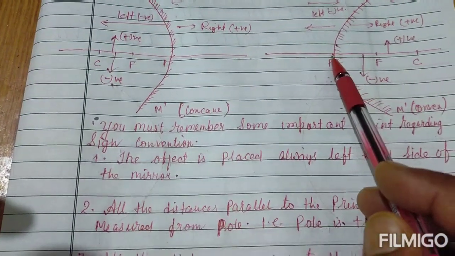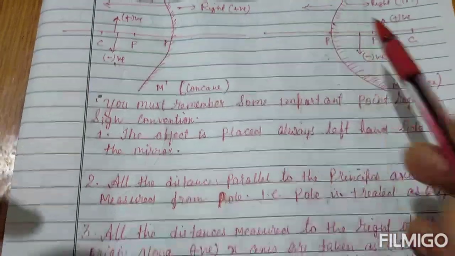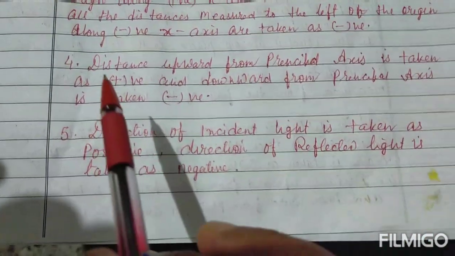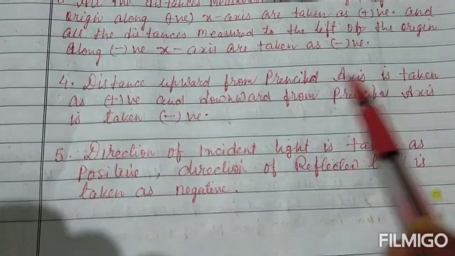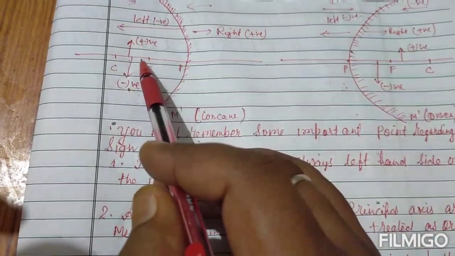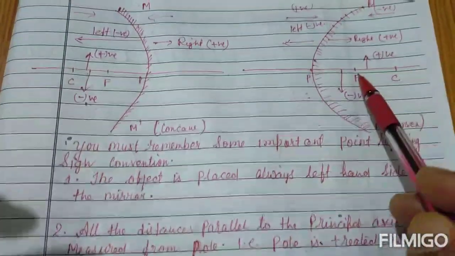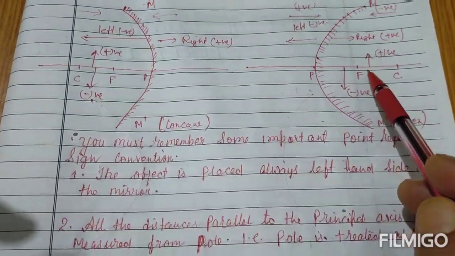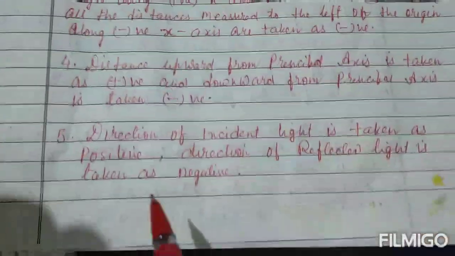In case of convex mirror, the situation will be similar. Now, distance upward from the principal axis is taken as positive and downward from the principal axis is taken as negative. This is the principal axis, upward positive, downward negative. Same situation in convex mirror, upward positive, downward negative. The last one,